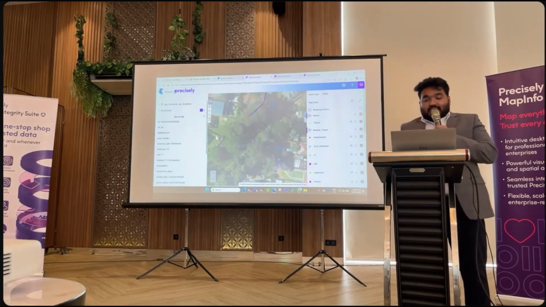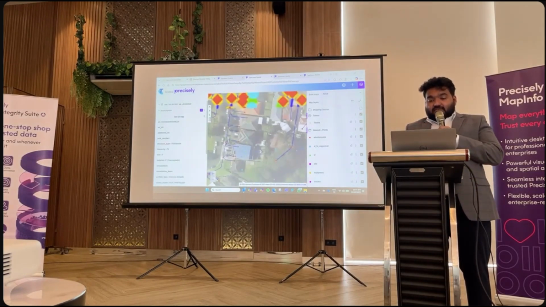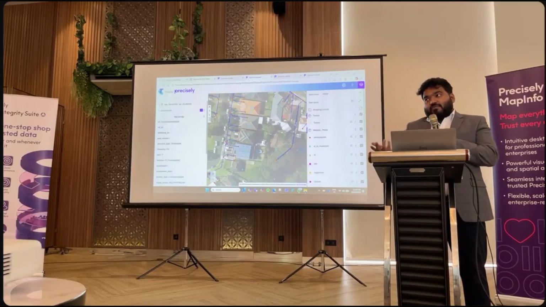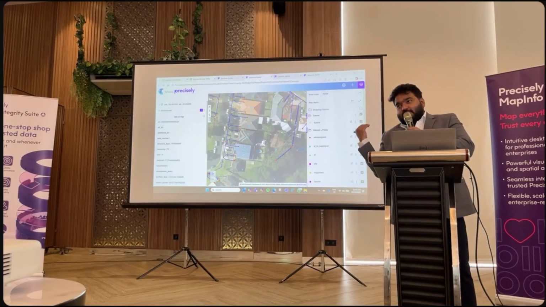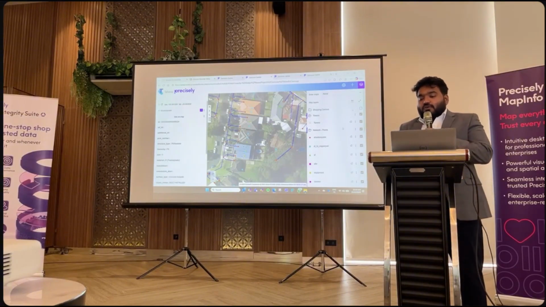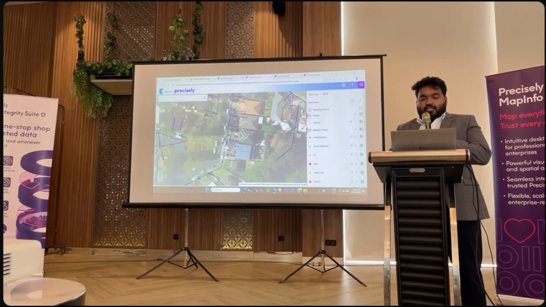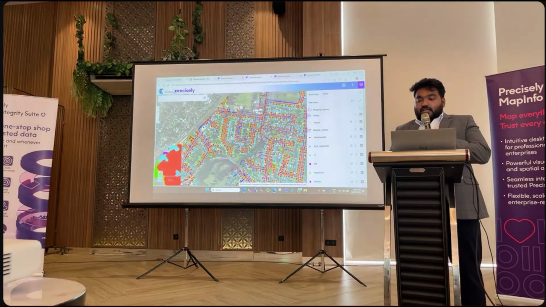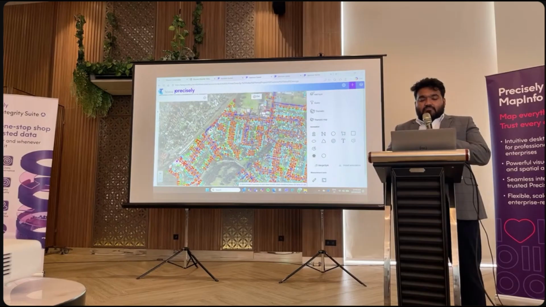I mean, these are all tight integration with your existing data, if you have it, right? Same information that you are doing in desktop, you will be able to do the same thing in web. And the best part here is that you can also do a lot of analysis. For example, let me just quickly show you this. Let me zoom out a bit, and I want to do some sort of